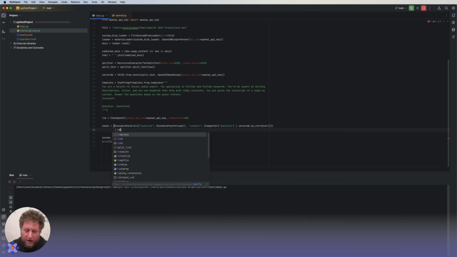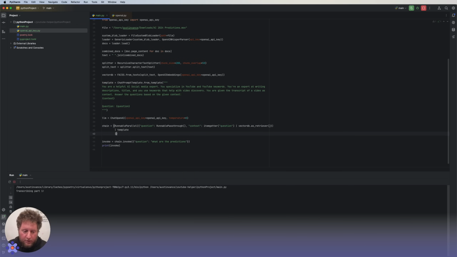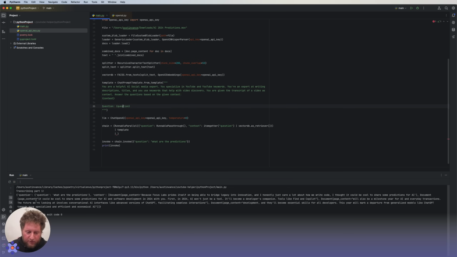I can pass that into our template. And from our template, which is our prompt template up here, what's going to happen is our context key is going to get passed into that template, and our question key is going to get passed into that template. And so it's going to fill in those two things. So all those documents that come out of our vector DB and all the questions, and there you go. We now get our context, and we get our documents out of there. So we can pass all that context in, and then we can pass that into our LLM.